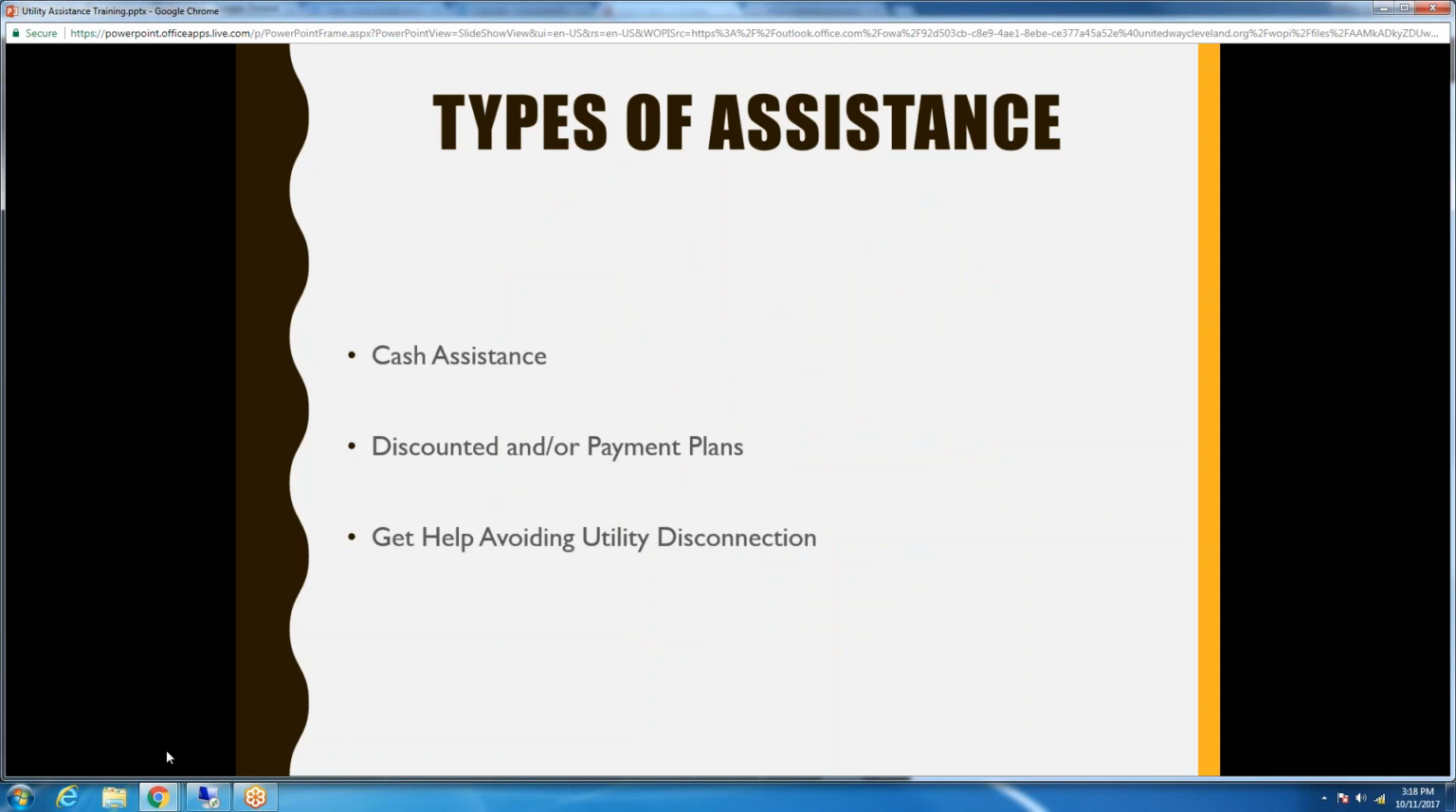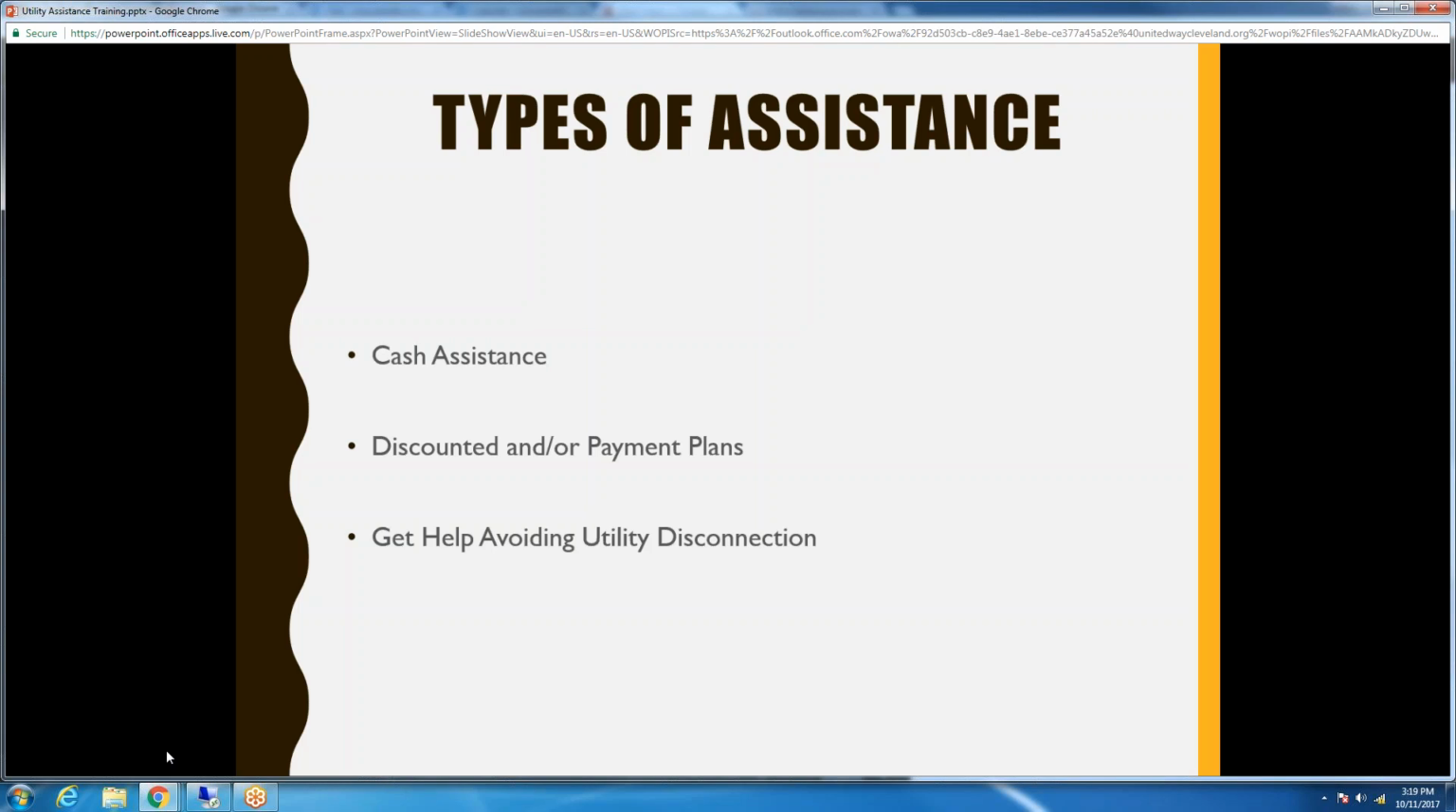So first we're going to discuss types of assistance. There's cash assistance, discount and payment plans, and getting help with avoiding utility disconnection. First, cash assistance for utility bills is exactly what it sounds like. Programs that pay all or a portion of utility bills for those at risk of being shut off or have